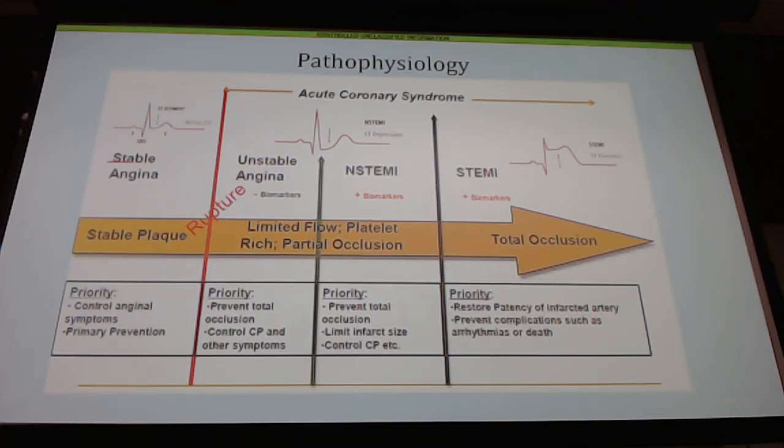But what happens if that stenosis gets worse? And now I'm at 90%. Now I can get a change in my anginal pattern, and now I start to have symptoms with rest. Or maybe now, instead of being able to go up one flight of stairs before I start having symptoms, I'm only able to go half a flight. I start to have this change in my normal anginal pattern of symptoms. And that is where you start to get these acute coronary syndromes, okay?